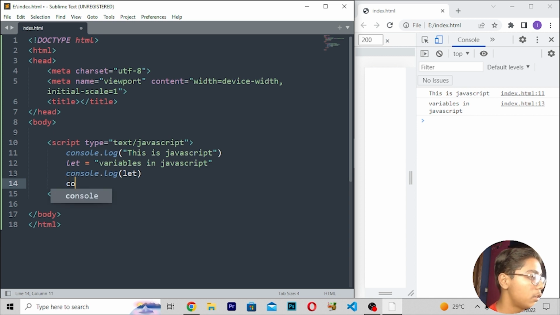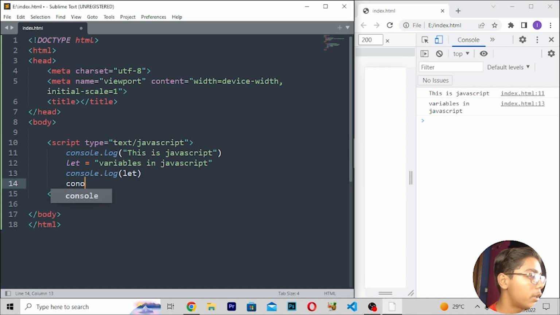So here you can just use same tag. Like here when you've written this, you can just move down, and when you've written this thing, just here you have to move in this tag, and after moving here you can just save this. Then you have to reload this thing, and then you will be seeing that we are getting variables in JavaScript written here. Now we'll be starting to code our BL Melody project.